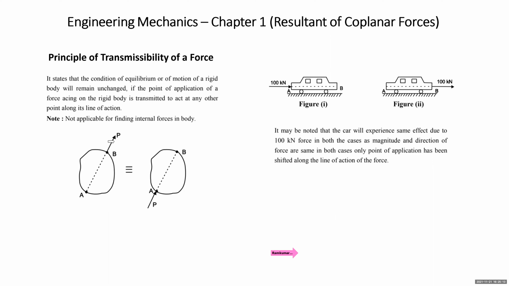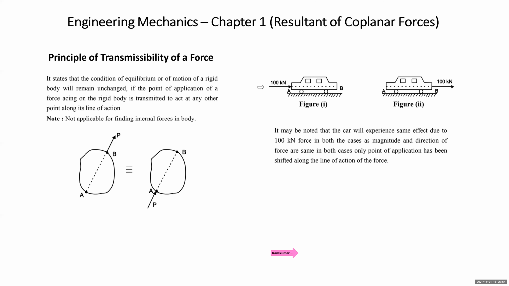Can you see here? This is the line of action of the force, along AB. The force P is applied at point B, whereas in the second diagram, force P is applied at A. But in the two diagrams, is the magnitude same? P, same. Is the direction same? Same. Is the line of action same? Yes. What is only shifted? The point of application. In this it is at B, and then it is A. The point of application has been shifted along the line of action only. So when you shift the point of application along the line of action, it does not change the effect on the body. The body as a whole will experience the same effect.